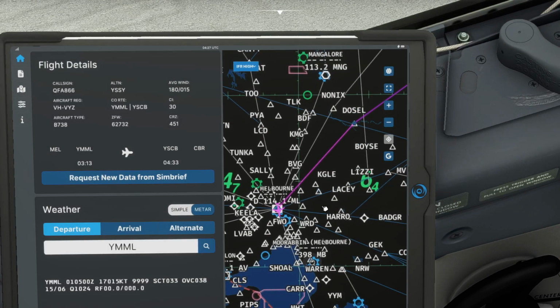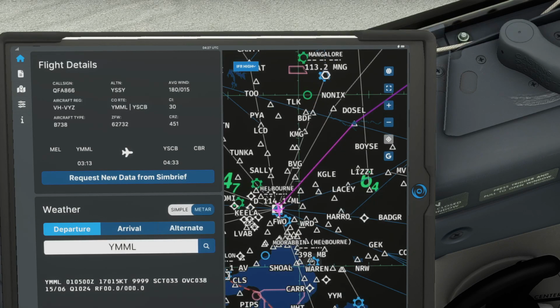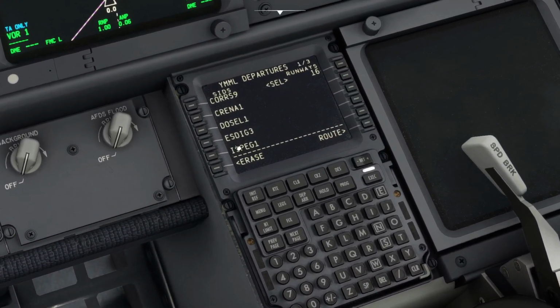You probably have to still bring up Navigraph either via the in-game panel or bring it up on its own little panel itself. I'm going to do it on its own little panel because it's telling me that we'll be departing on Ebony, I believe it is. So if we have a look here,